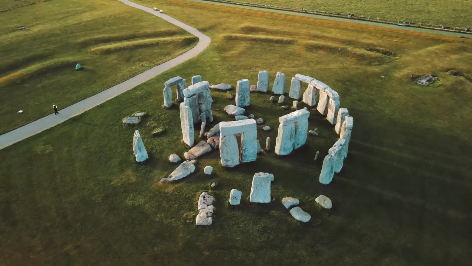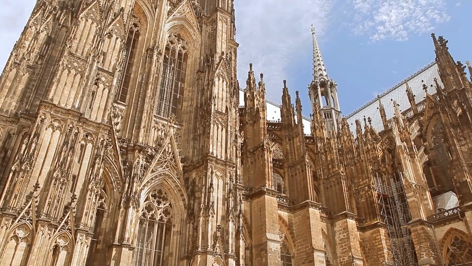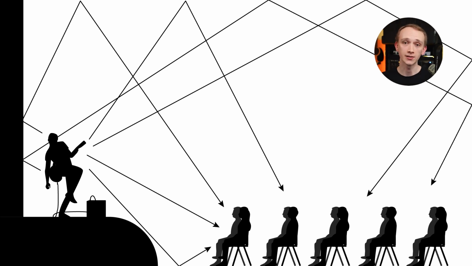For thousands of years, humans have built structures specifically designed to harness the power of reverb to make sound behave in particular ways. In a concert hall, for example, the sound from the performer will move outward in every direction. Some of the energy will reach the audience directly, while some of the energy will bounce around the room first before reaching the audience. So, if you were sitting within the audience, you'll hear thousands of copies of the same sound, each with its own unique tonal quality based on the materials and surfaces that it interacted with before reaching